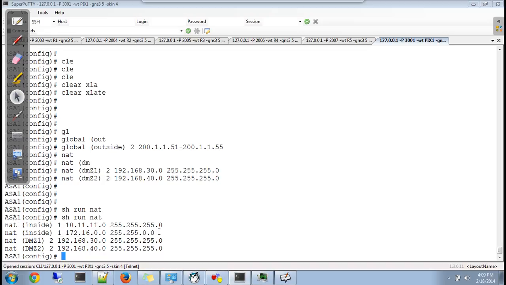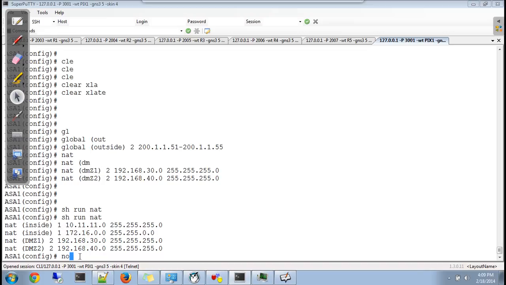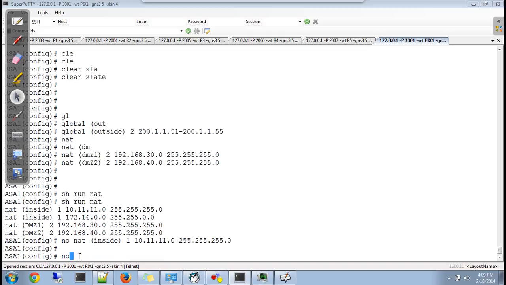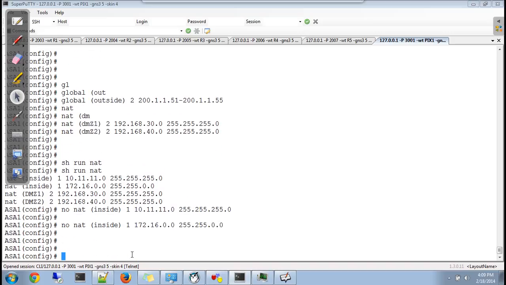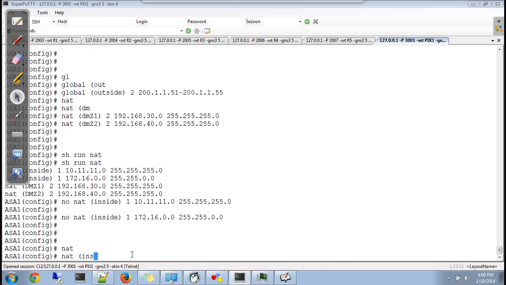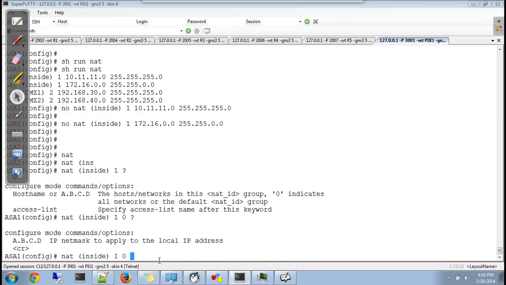I'll show you this. One minute, I'll just remove this. In that case, you can just say nat inside with 0, where 0 indicates any network, and for mask again 0, which means any network, any mask can go out.